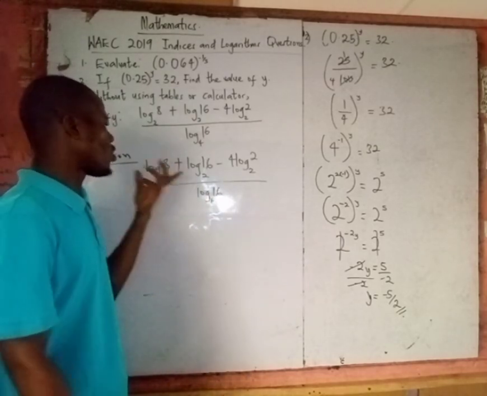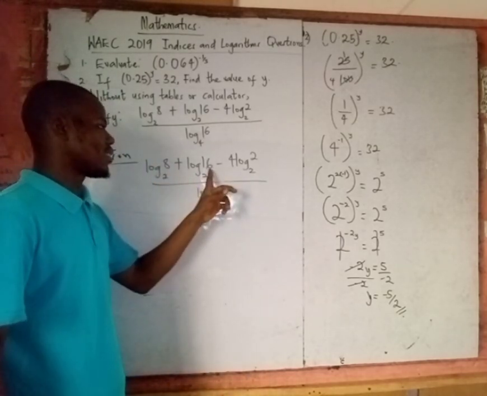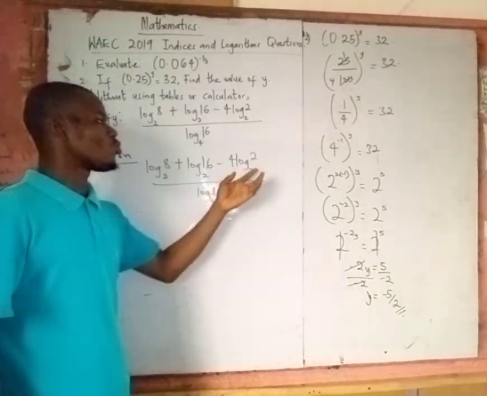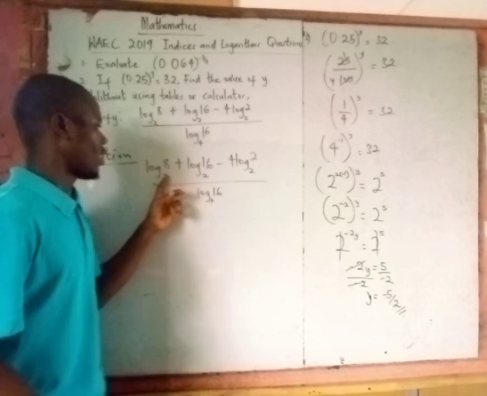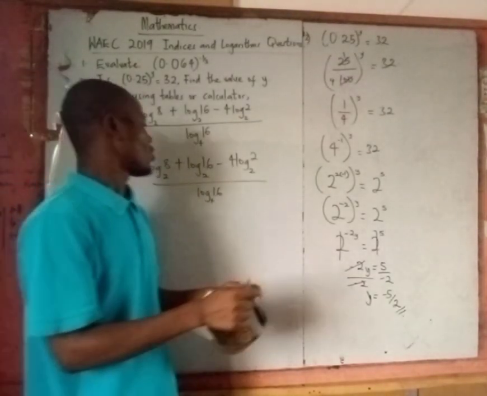What I have to do is convert these numbers, the logs, and write them in base 2. So here